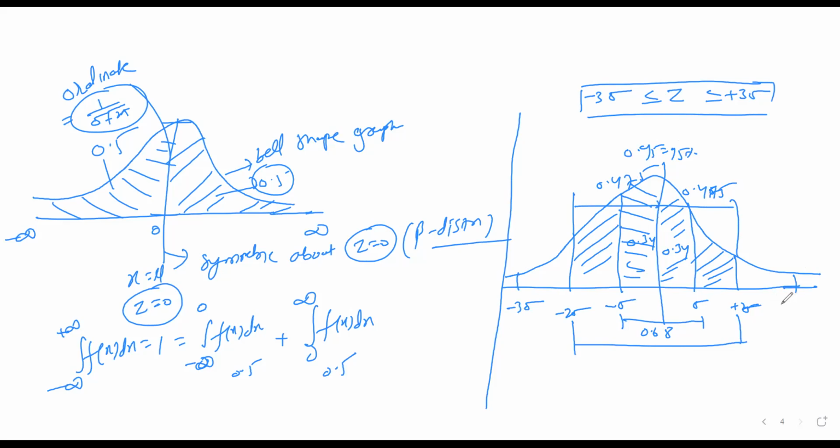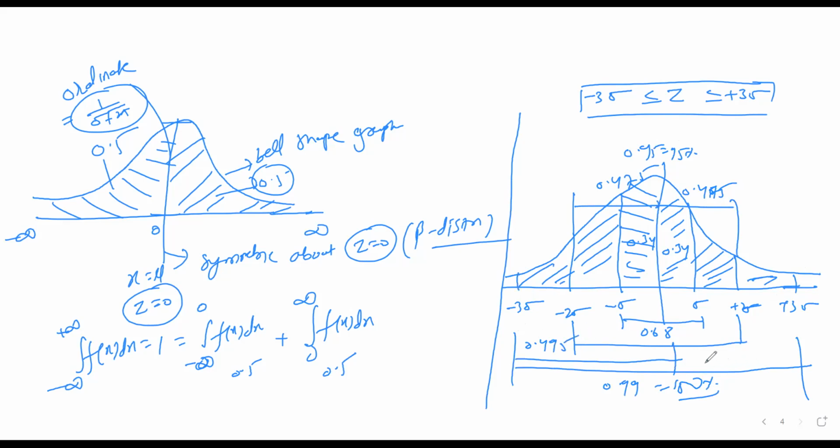यानी -3 sigma to plus 3 sigma, its total area is given as 0.999, यानी approximately it's equal to 100%, यानी यहाँ से यहाँ तक का जो वैल्यू होता है it's 0.495 and from here to here also it's 0.495, यानी 49.5%, and it is approximately equal to here 100%. So whenever they will ask the problem based on normal distribution, you need to take the help from